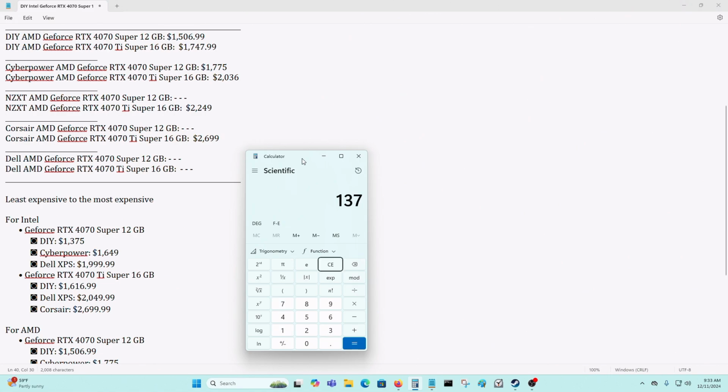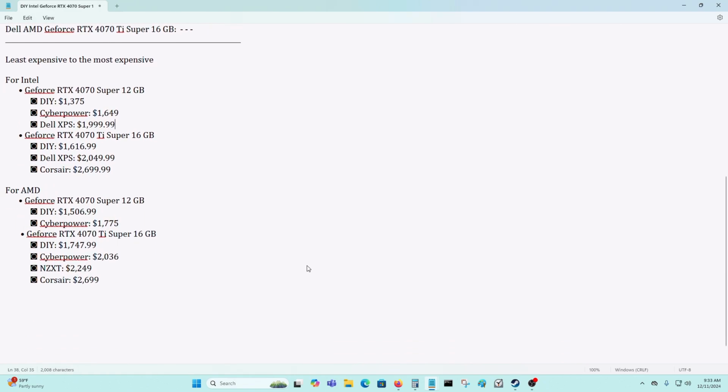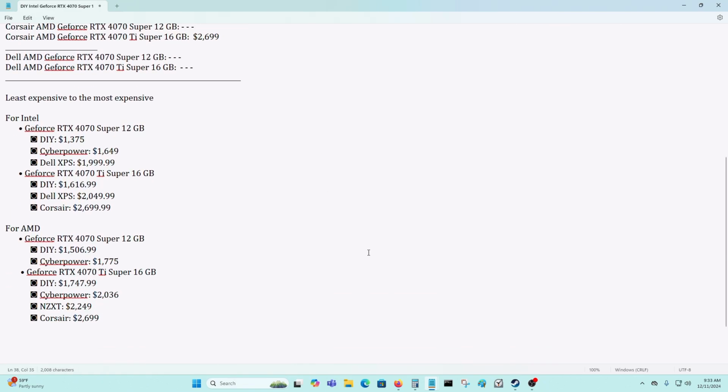Let's see what the price differentials are. $274. That's not too bad. $624 when we compare it with Dell. So from my analysis, you could expect to pay anywhere from $266 to as much as $1,000